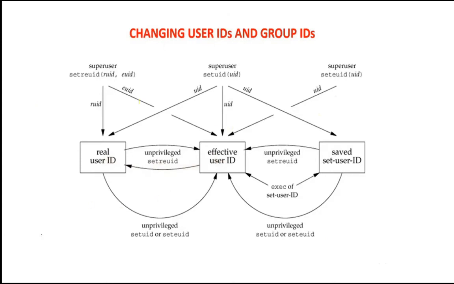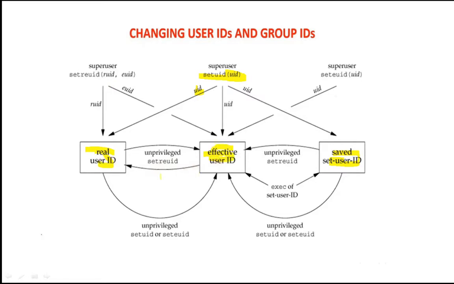Here we will see the diagram which is going to summarize all the functions which we have seen here. Here see, setuid is there. Setuid is going to change your real user ID, effective user ID and the saved set-user-ID. You just have to pass the UID as a parameter. That UID will be assigned to your real user ID, effective user ID and the saved set-user-ID. Then next is setreuid, which is going to set the passed ID to the real user ID and the effective user ID.